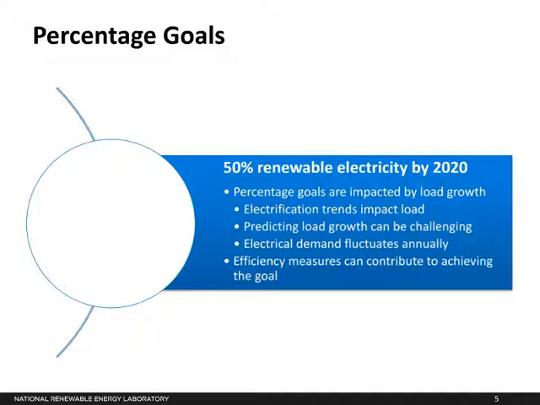So if you want to be able to say that you have achieved your goal every single year, rather than maybe on average over several years, you may need to use something like renewable energy certificates as a balancing mechanism, such that you purchase some certificates at the end of a year to make up the difference between your renewable energy procurement or generation and your actual electricity demand. And this is, by the way, how the city of Aspen handled the issue, was to purchase RECs as a balancing mechanism.